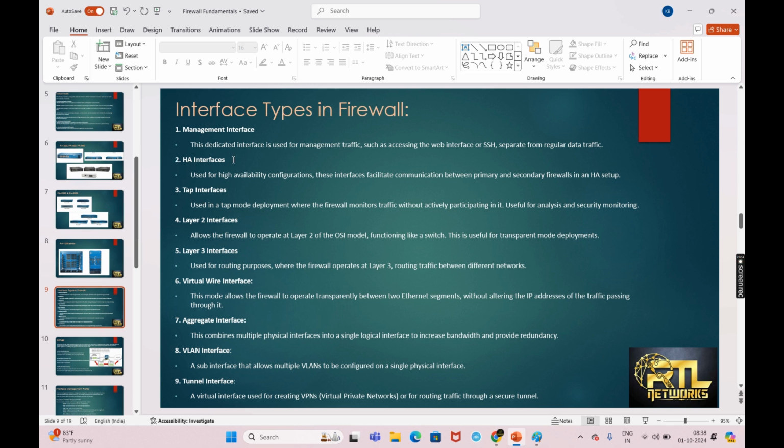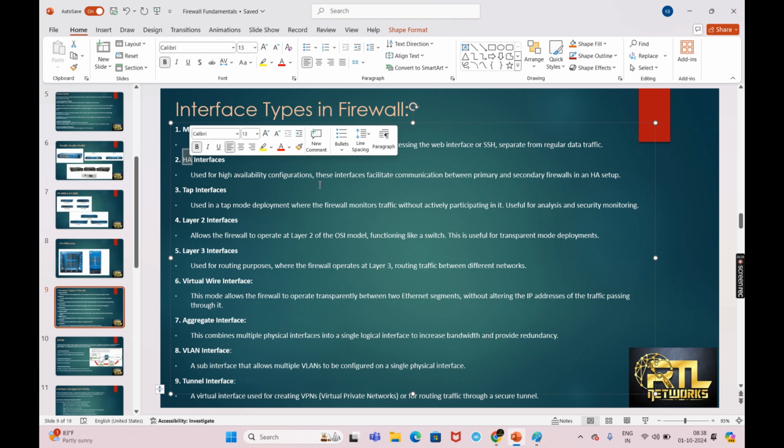And we have an HA interface. In Palo Alto we have a concept called high availability, which is used for redundancy. In the network, in the routers, we have HSRP and VRRP for redundancy. Likewise, in the firewall also we have high availability for redundancy purposes,